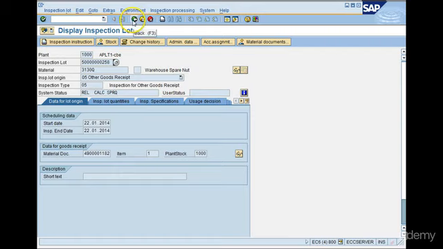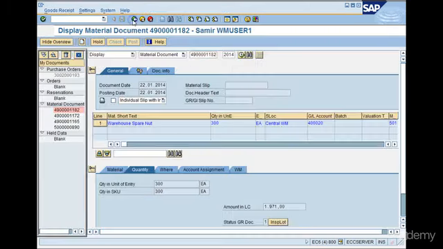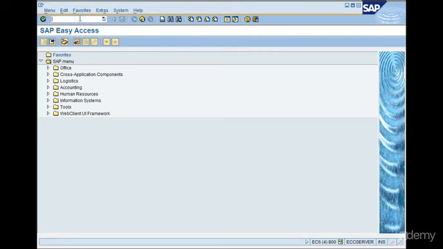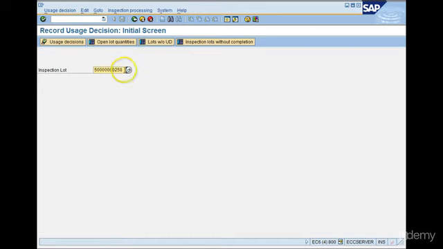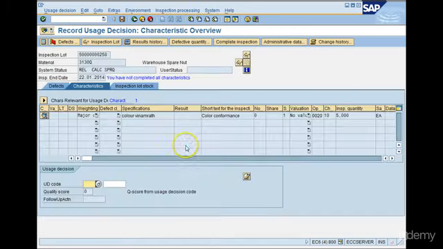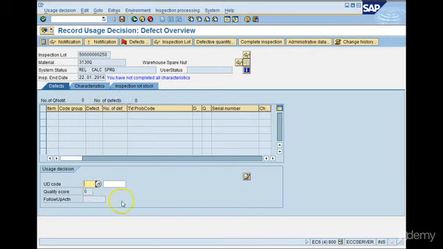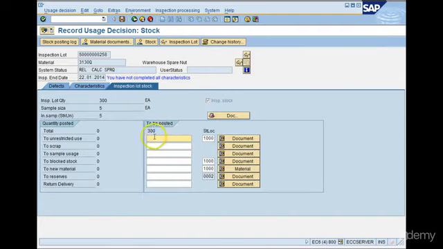Now I need to do the usage decision for this. The transaction for usage decision is QA11. The lot is available here already. So this is the screen for usage decision. I can go to the inspection lot stock now. Now this shows me to be posted. So this is the entire quantity that is to be posted. I say post 300,